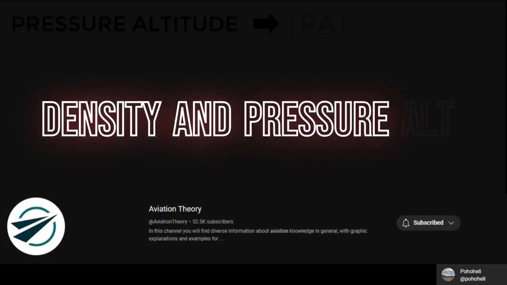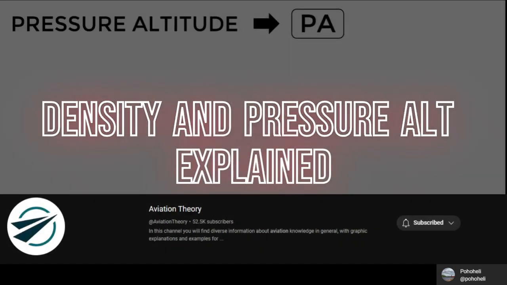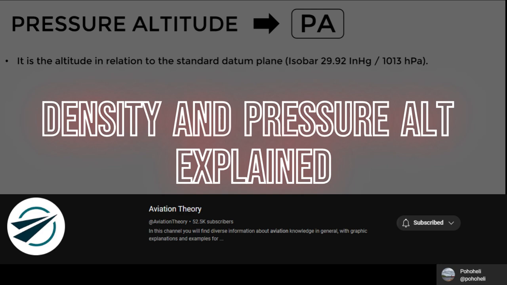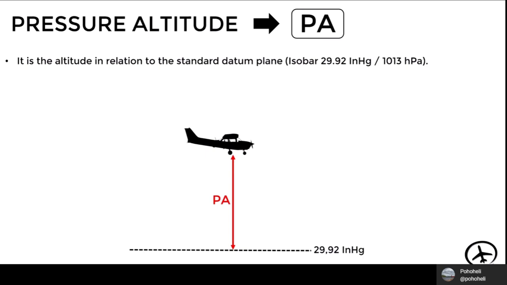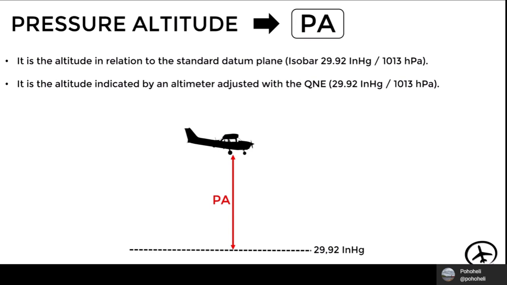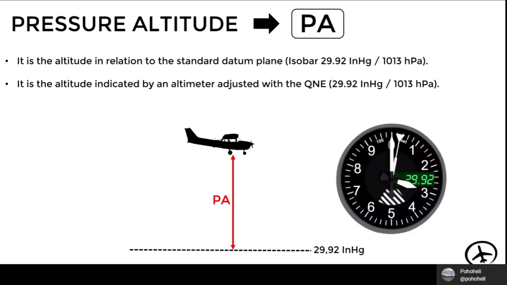It is abbreviated as PA and corresponds to the altitude of the aircraft in relation to the standard isobar of 2992 inches of mercury or 1013 hectopascals, which, as we recall from previous videos, corresponds to the pressure at sea level under standard conditions. Therefore, we can also say that this pressure altitude is the altitude indicated by an altimeter adjusted with the QNE, since in this case, the altimeter would be measuring the altitude in relation to the standard